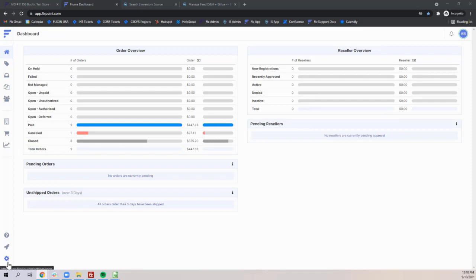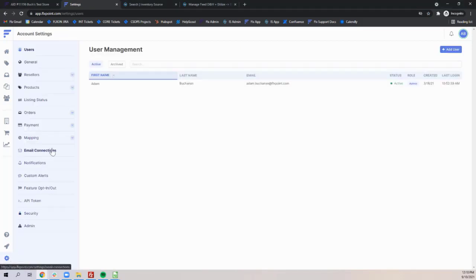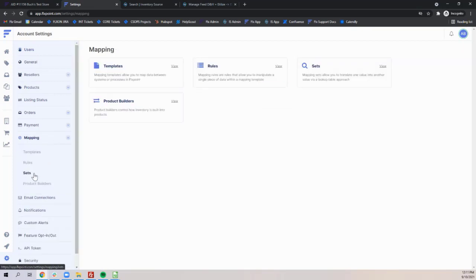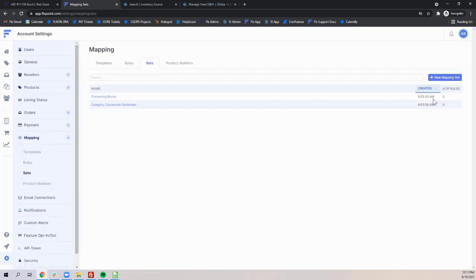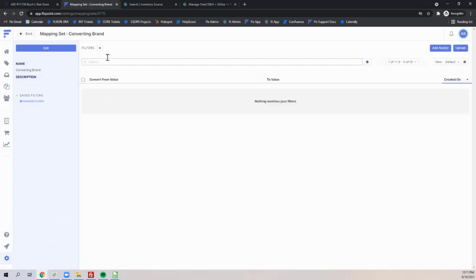To find your mapping sets, or create a new mapping set, you'll want to go to Settings, Mapping, and then click on Sets. You can create a new mapping set by clicking this button here and naming it accordingly. And once inside one of your mapping sets, essentially what you're going to want to do is using the convert from value to the to value, you can